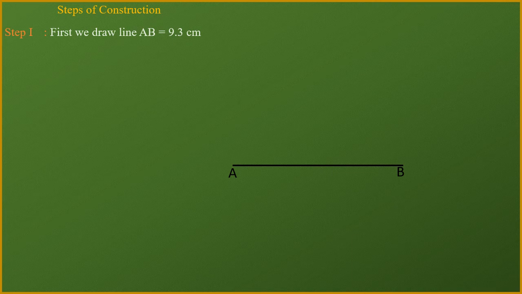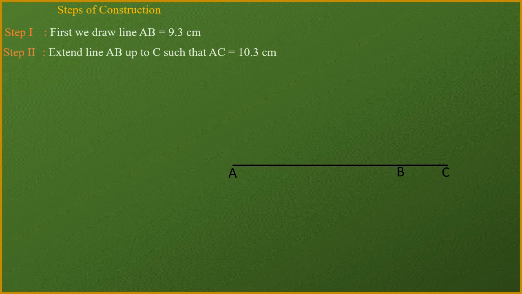Okay, now after making line AB, I will produce the line AB up till point C, and from B to C I will extend 1 centimeter. Suppose A to B is 9.3, moreover I will take 1 centimeter. Now if the question is different, the length of BC will not change. For example, next time you are making the figure of under root of 5.4, A to B will be 5.4, then B to C will be as usual 1 centimeter.